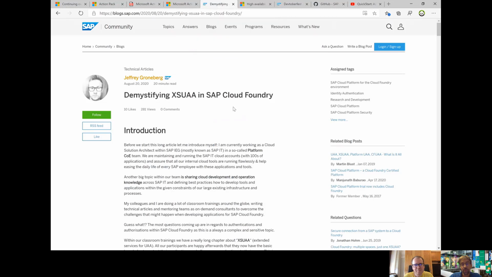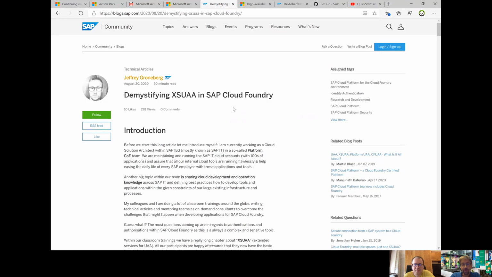Now, quickly talking about two blogs that I thought were really, really interesting, and mostly because I have been struggling, or I am struggling with the whole concept there quite a bit. So if you are familiar with the SAP Cloud Platform, then you most likely know the Cloud Foundry environment. Just a recap or a reminder from last week. So the Neo trial environment will be shut down. So you have to use Cloud Foundry going forwards anyways.